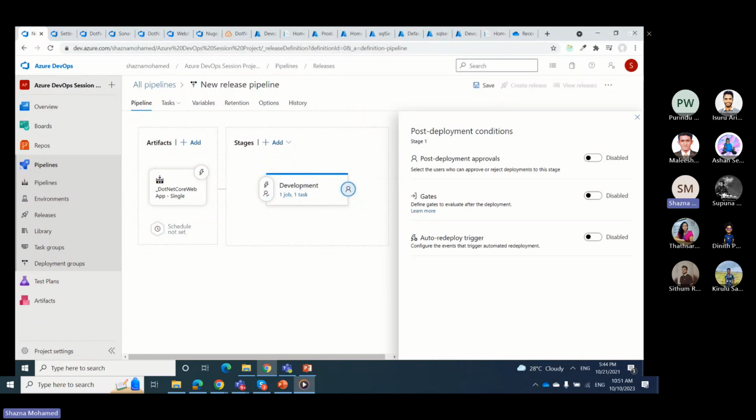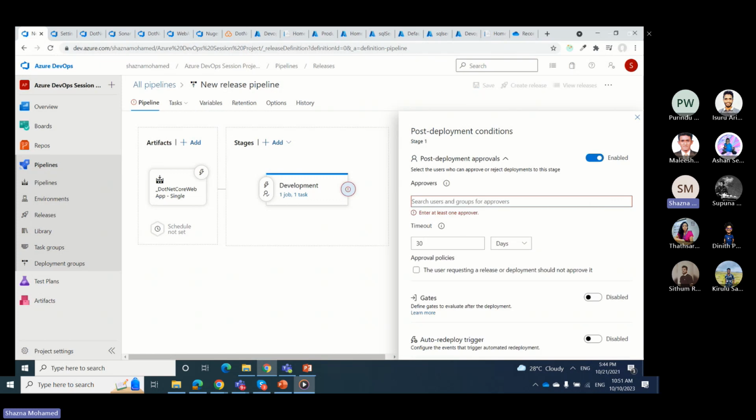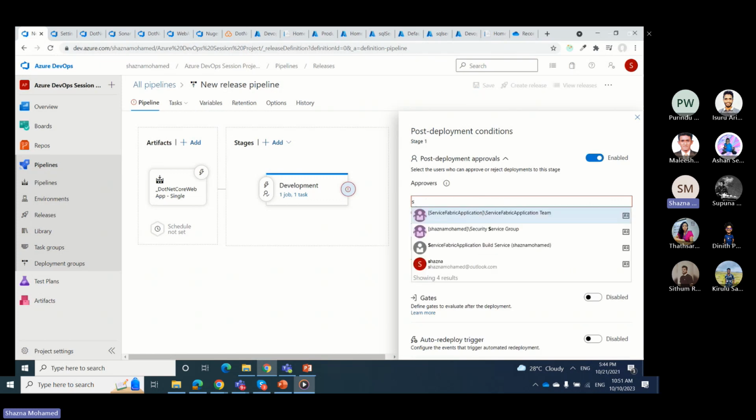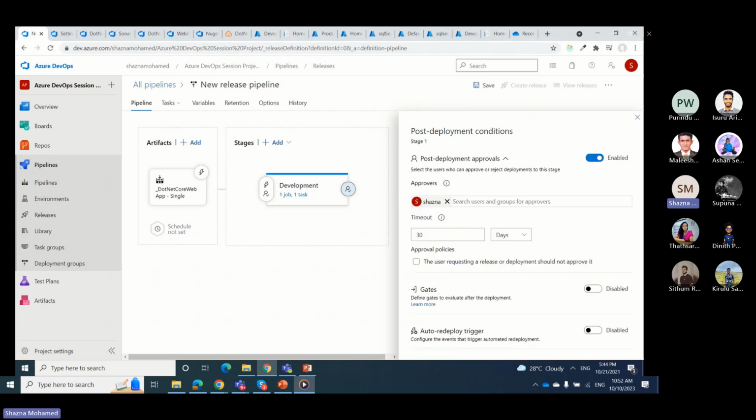Let's say you have some post deployment approvers. Once the deployment is completed, you need another person to review in order to go to the next stage, or maybe to start the release note or any other specification. So you can set the reviewer here like previously, and you can set the gates as well. And we have the auto redeploy trigger. This is for